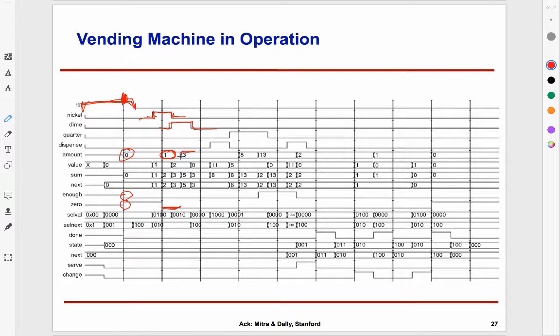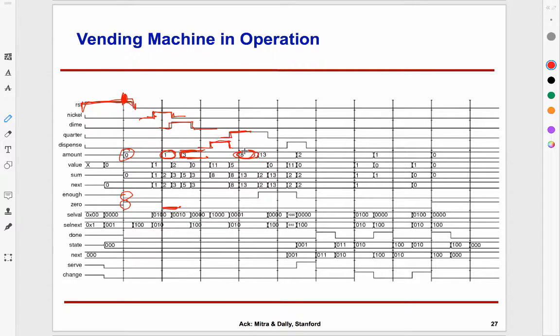So the amount goes to 3 at some intermediate clock tick which came while the dime was high. So now I have 3 out here. At some stage, now the user attempts to dispense. So user hits the dispense button, but it seems like there is not enough money in it, so nothing is dispensed. Then at some stage, a quarter is deposited, and at that stage, we have